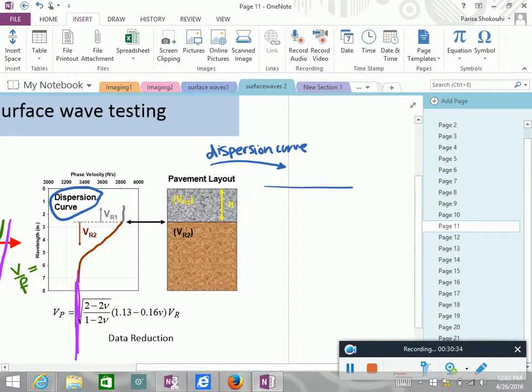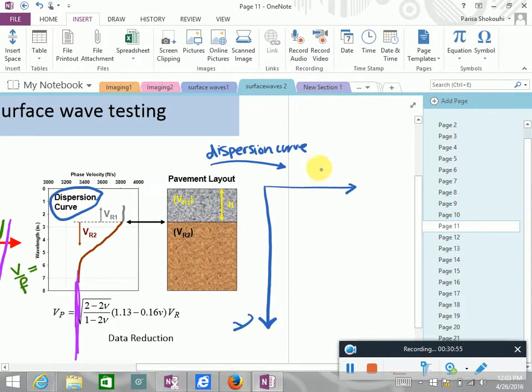So I'm sorry, what's the purpose of the dispersion curve? It's just showing us how the phase velocity is changing as our frequency is changing, but like, so. Can I please finish answering Mahbouba's question, because she has asked this, and then I will come back to